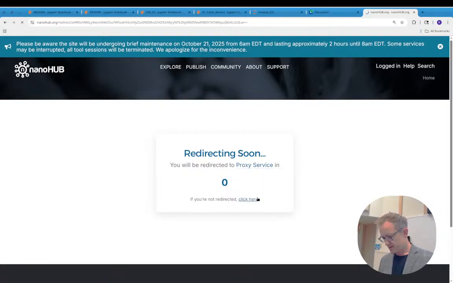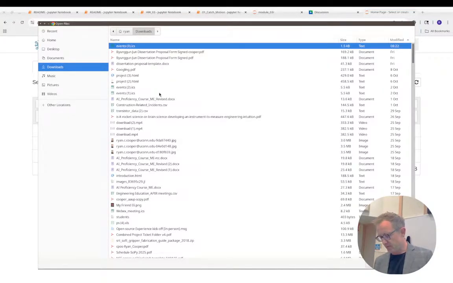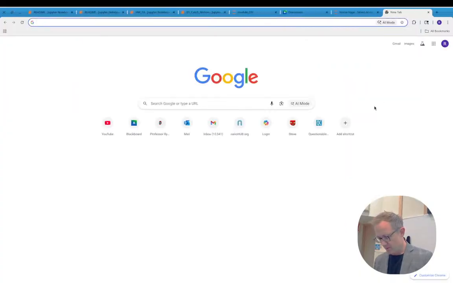It's coming slowly. If I load up this Jupyter, it shows me there's comp mech, there's a dynamics folder, there's also data and stuff, but I can build whatever things I want in here. If I wanted to, I could upload a whole folder full of stuff that I'm trying to work on, and then use Jupyter from there. So you can figure out the gaps in modules. Yeah. Or the other way is,